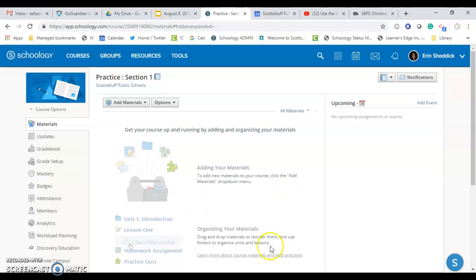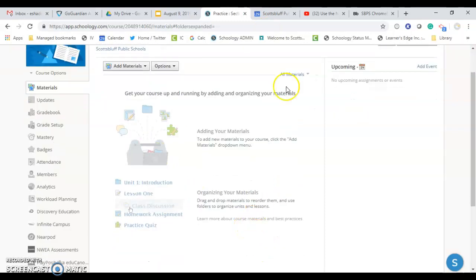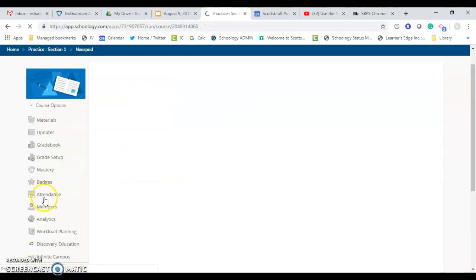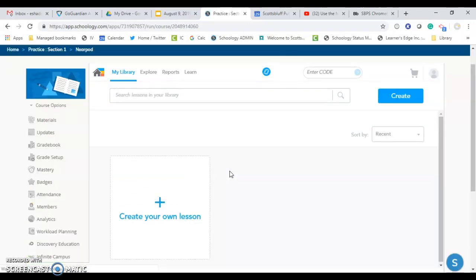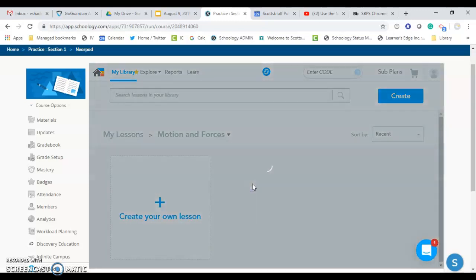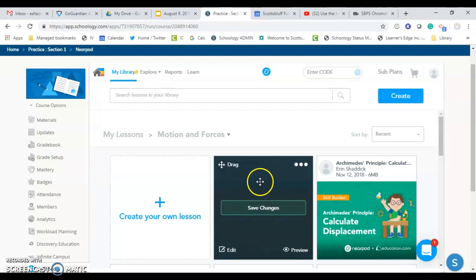To add a live Nearpod lesson to your Schoology page, you're going to click on your Nearpod app that everyone has on their left-hand side. Once you've logged into Nearpod once, it'll take you automatically to your Nearpod account, and you won't have to worry about logging in again. You'll choose the lesson that you want,